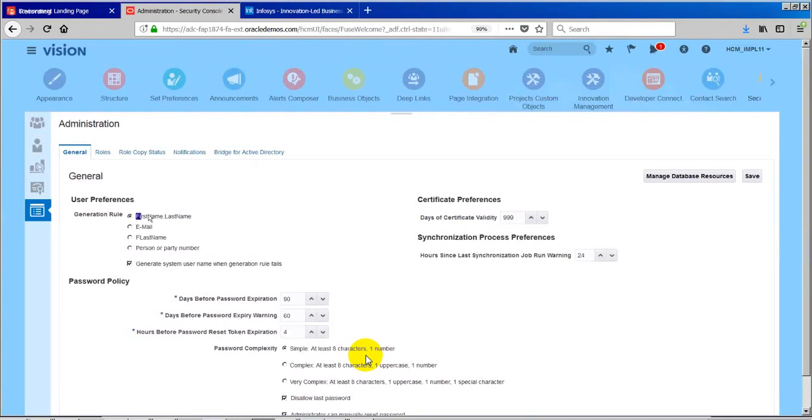If, for example, two people have the same first name and last name, then how do we generate the username when the generation rule fails? If the generation rule fails, then generate using the email or using the first letter of first name and last name. So the system will generate the username automatically.